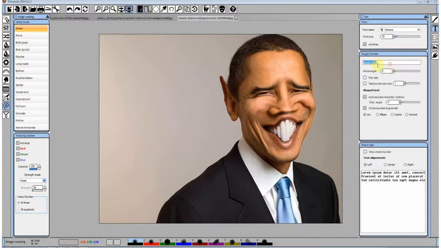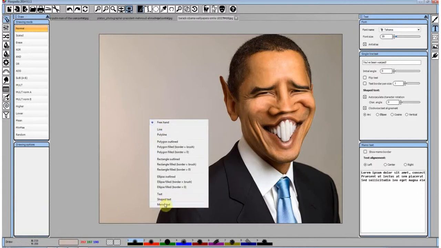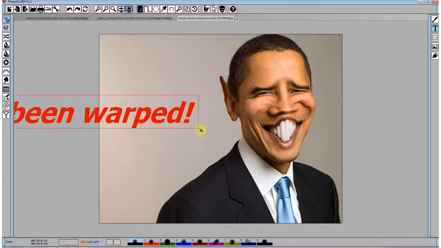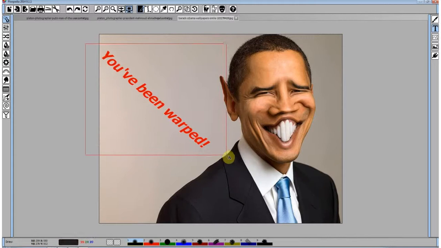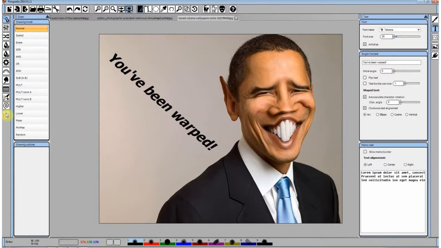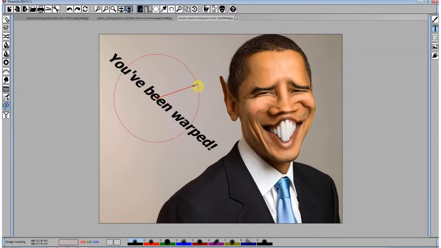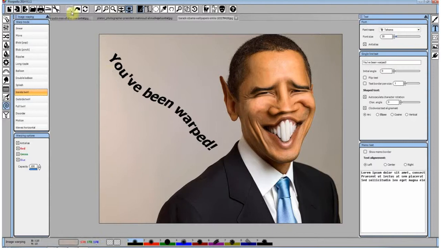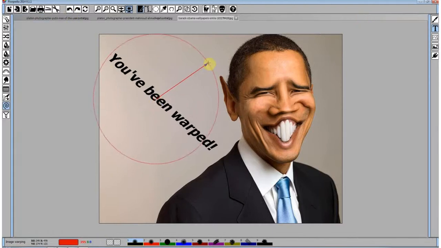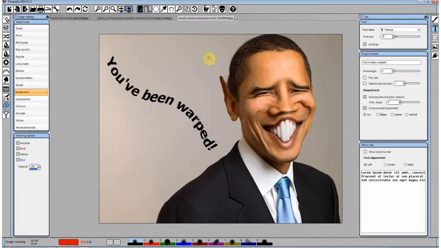Now we'll put some text here. Okay, we'll go to drawing, select text. You've been warped. And we will go back to warping. Choose inside twirl and twirl a little bit our text here.